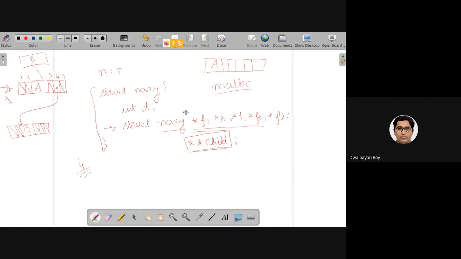So what we can do is declare an array, which will be allocated dynamically during runtime, and that array will be containing the pointers. That's why it's a pointer to pointer.